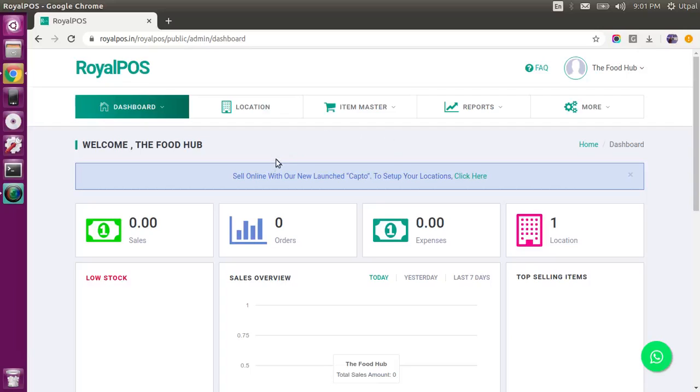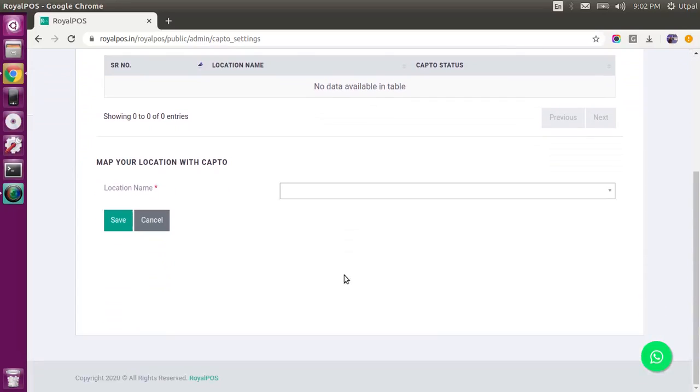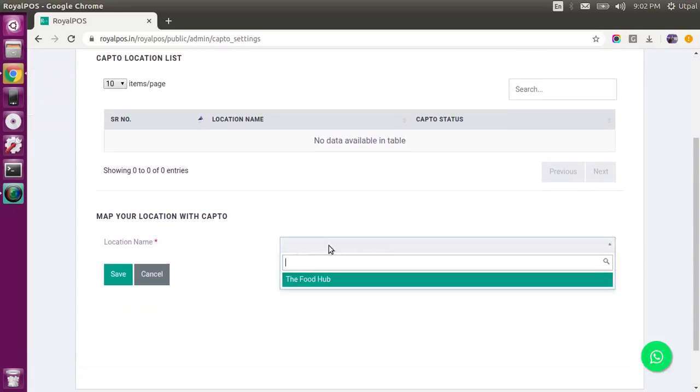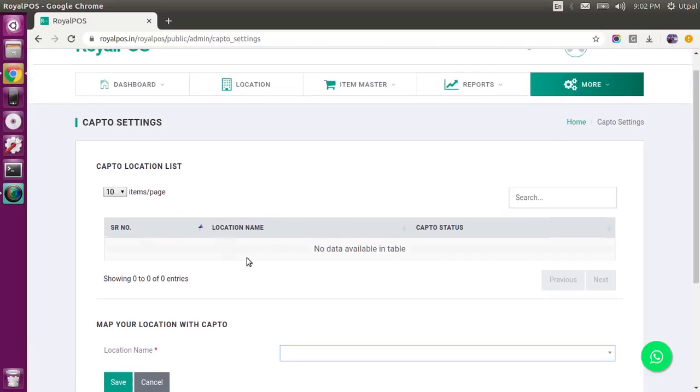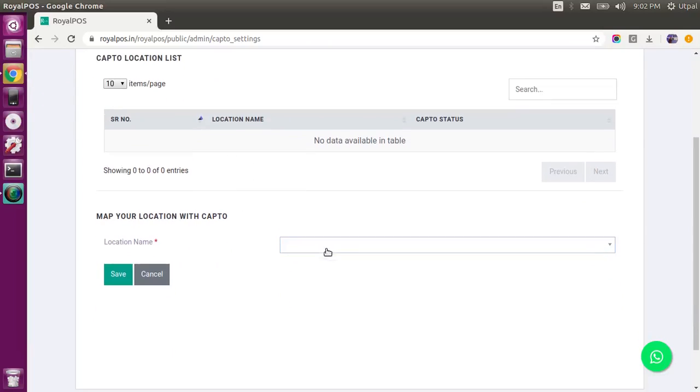To set up your Capto locations, you will just log in with your admin panel. Click here, we have given the shortcut. Otherwise, you can go from More and Capto settings. Once you have this, you can check all the locations which you have mapped here. But right now we do not have any, so we will list